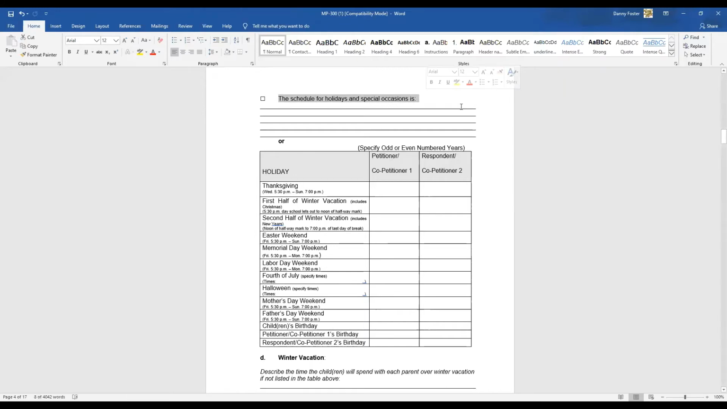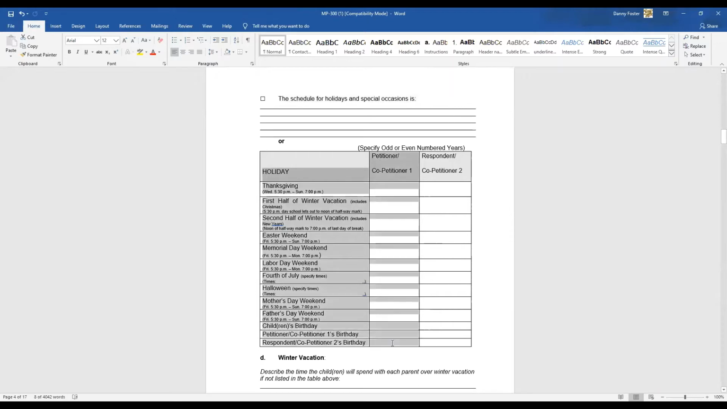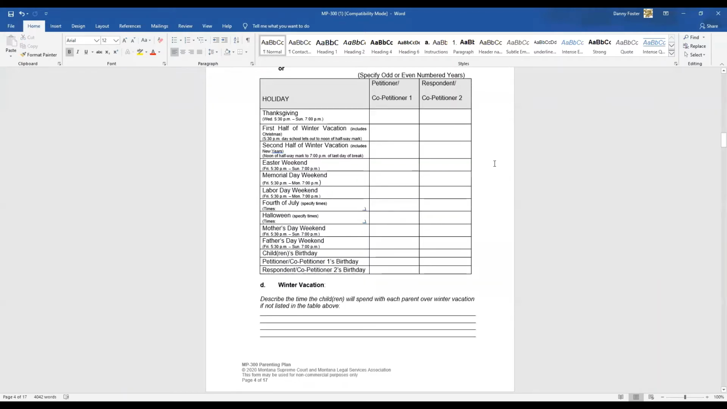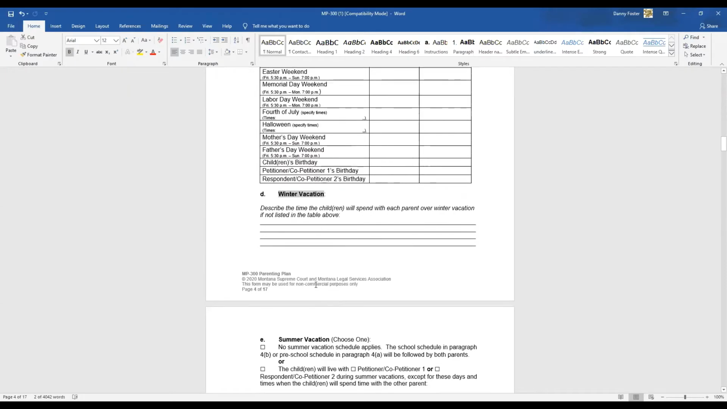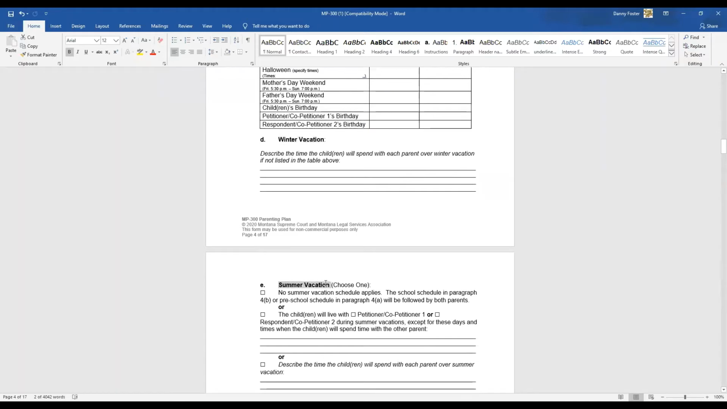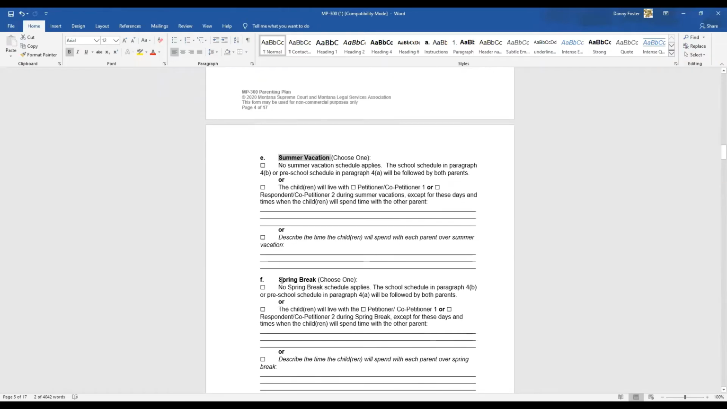Or you can use the box below to write in which party will get which holiday, vacation, and which year they will get those holidays and vacations. For sections D through G, specify the vacation schedules for the children, including winter vacation, summer vacation, spring break,